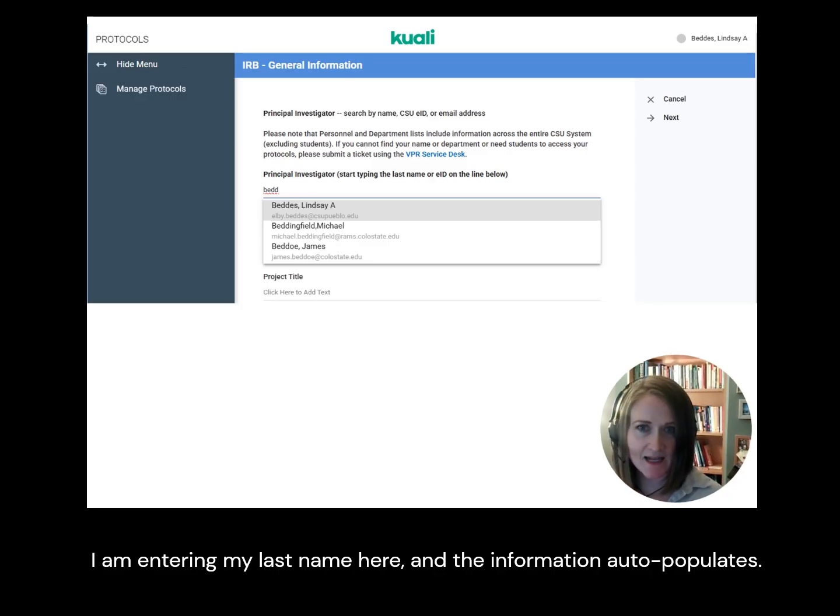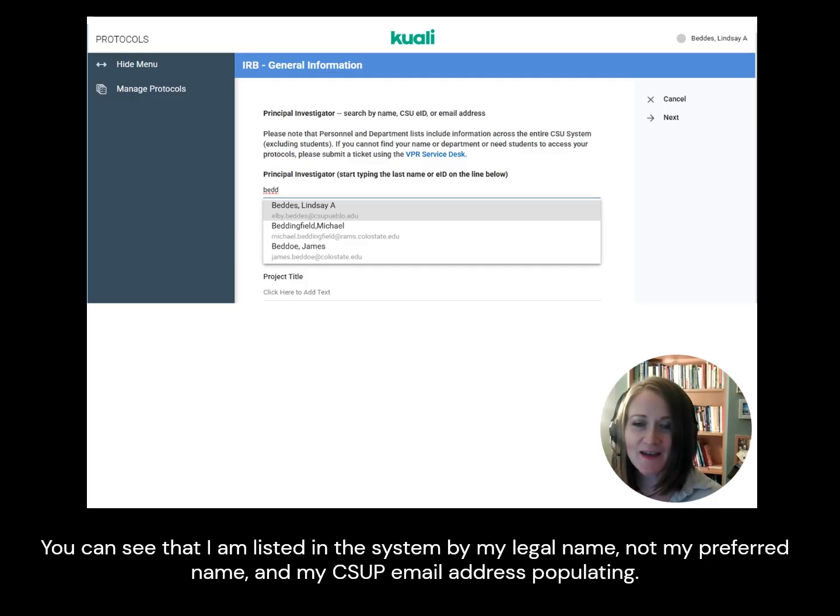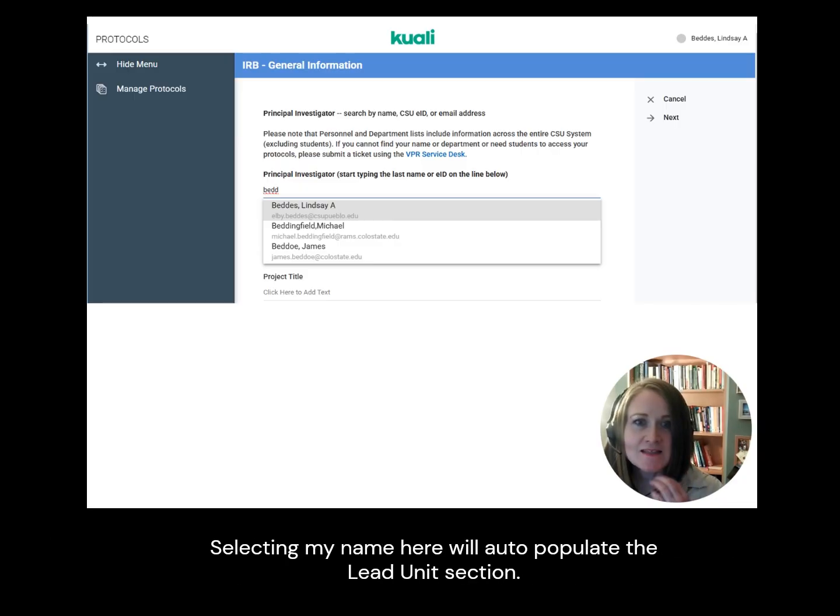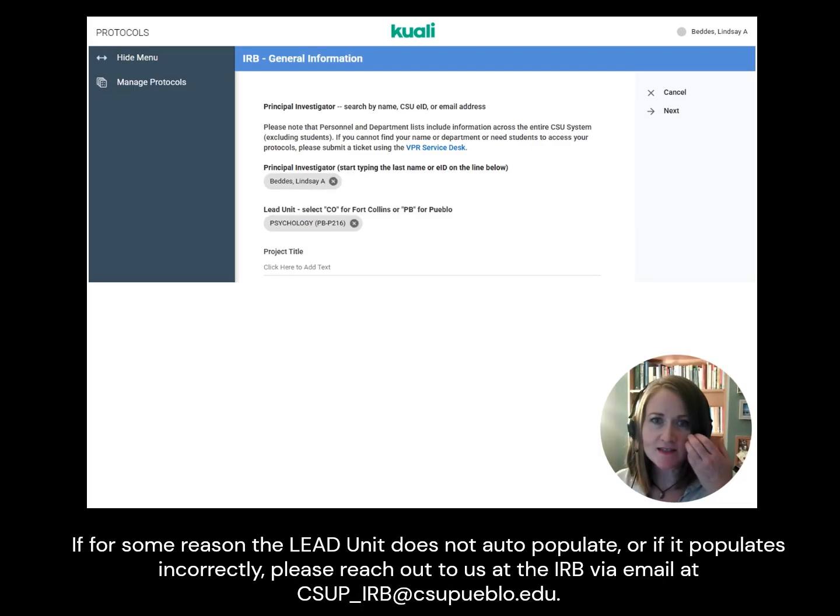I'm entering my last name here and the information auto-populates. You can see that I'm listed in the system by my legal name, not by my preferred name. And then you also can see my CSU Pueblo email address populating. Selecting my name here will auto-populate the lead unit section. If for some reason the lead unit does not auto-populate, or if it populates incorrectly, please reach out to us at the IRB using our email address,